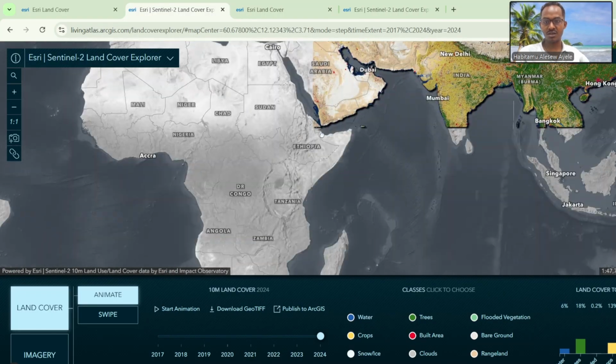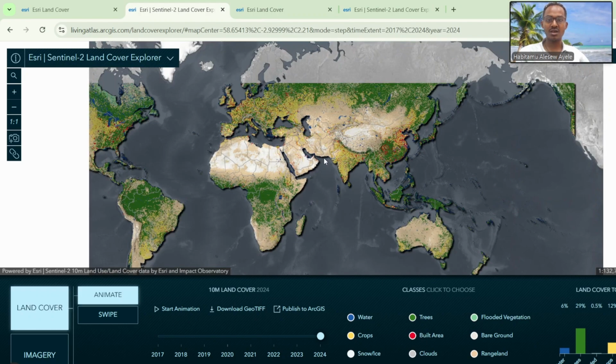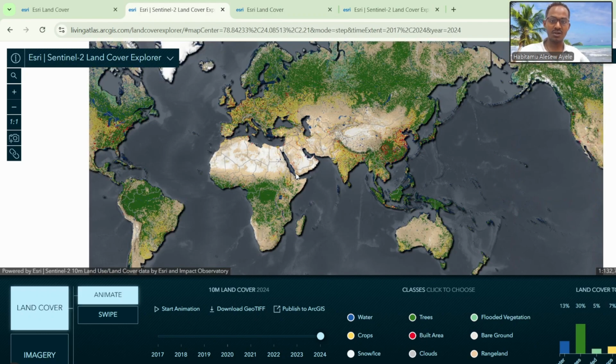Here is the land use land cover information for the whole world, so that we can identify our area of interest, download the area that is important for us, and do further analysis like watershed management, urban planning, urbanization, or even the impact of land use change on some parameters of the watershed. So this website is very important to have such information, so that we can directly download and use it for